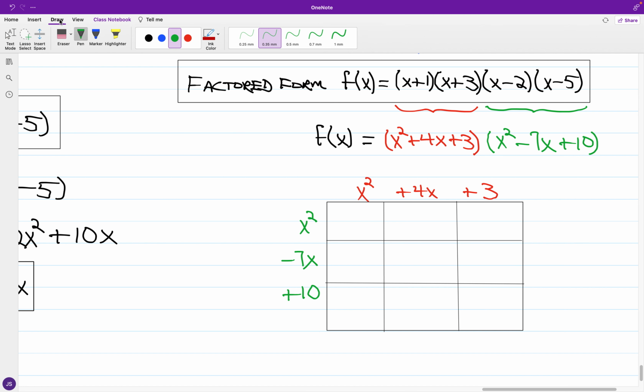Okay, so looking at the products of the corresponding parts, we'll just go column by column. So for the upper left hand section, we have x squared times x squared, so this will